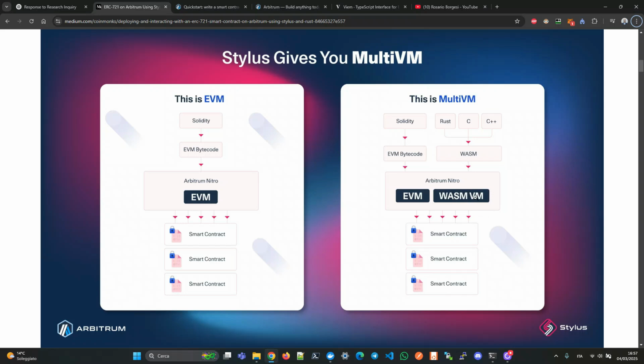So this means that when we deploy a smart contract in Rust to Arbitrum, we are able to use the same tools that we are used to with the EVM smart contracts to interact with them, such as a library like Viem, as we will see in this video,